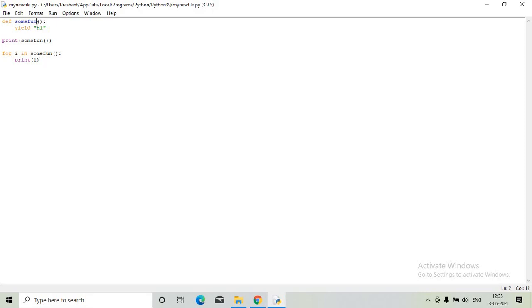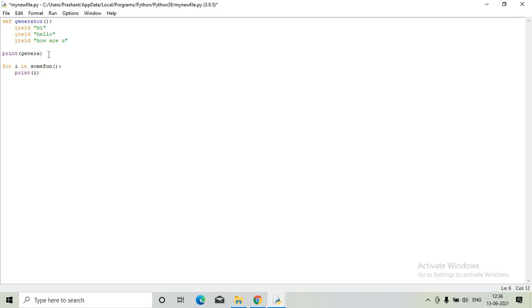A generator function can have more than one yield. If you want to have more than one yield, we can go for a generator object. So here it is hi, and with this yield I just say hello. So for i in some fun, print some generator.